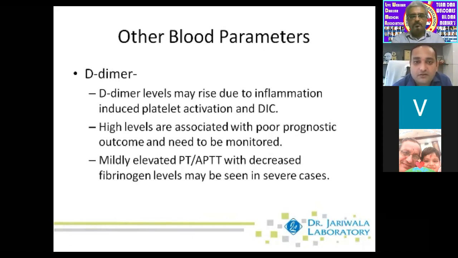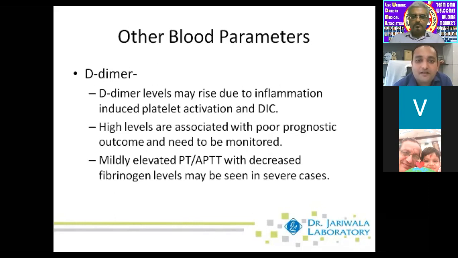Now, this clotting involves formation of fibrin, and as a reflex mechanism or as a defensive mechanism, the body will work towards breaking down of this fibrin. So, in inflammation, you have platelet activation and microclotting. Microclotting involves formation of fibrin, and there is a breakdown of fibrin. Now, this D-dimer is a product of that breakdown. So, it is a fibrin degradation product. It indicates indirectly that there is a clotting going on inside the body.